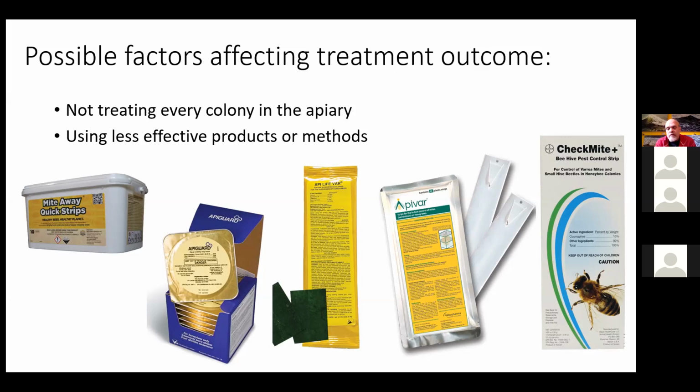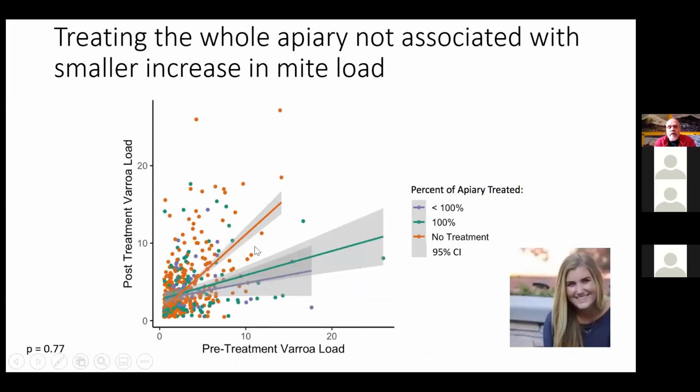So Kelly went to ask these questions of the data as well. Here what you can see is these line graphs. This orange line, and this will be true for the next several slides, is the no treatment. So that's the line for the no post-treatment load. If you had a high load up here, you had a high load up here. That's what you expect. People who did treat 100% or less than 100%, their lines, while the mite level still increased,